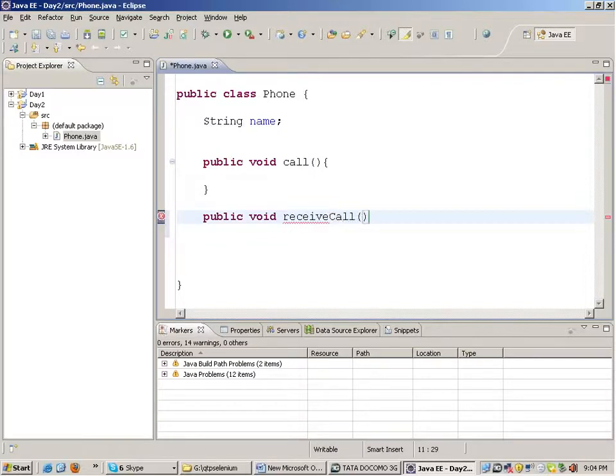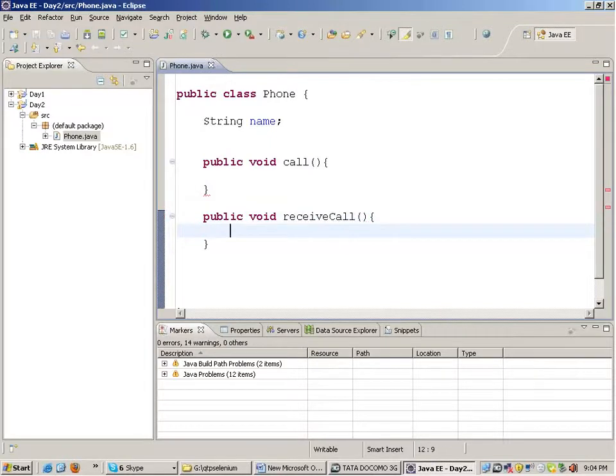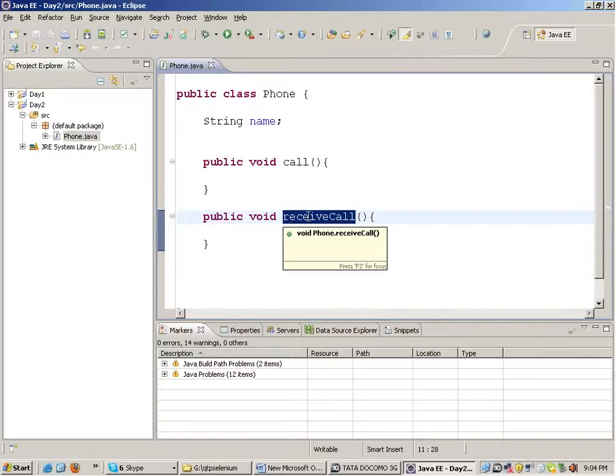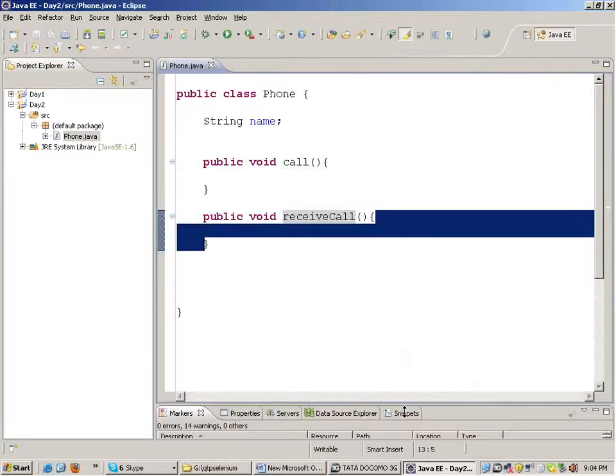Now these are the two different functions inside the class. These are the functions of a phone, right? That it is capable of calling up somebody and it is also capable of receiving the calls. Okay, so these are known as functions.